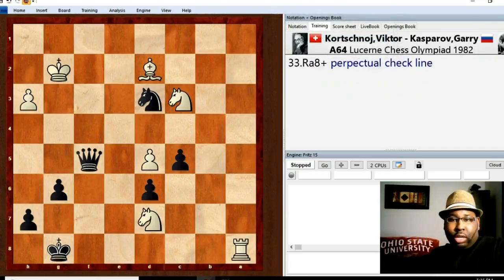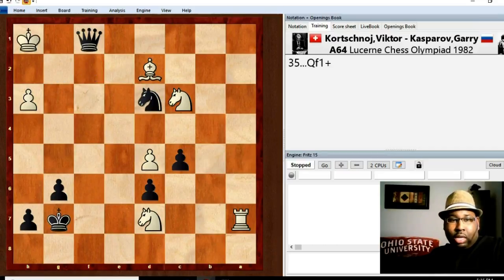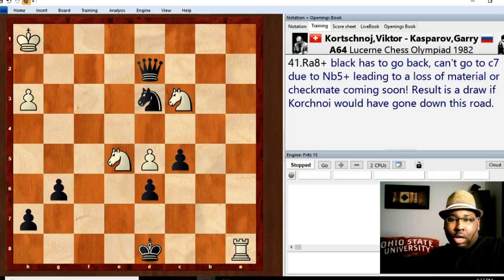On move 33, he could have gone for the perpetual check here. Rook a8 check, king g7, rook a7 here. Now the black queen attacks the white king and picks off the bishop on d2. But now knight e5 check, and then the king walks closer towards the queen side, but the king can't go to c7 though,